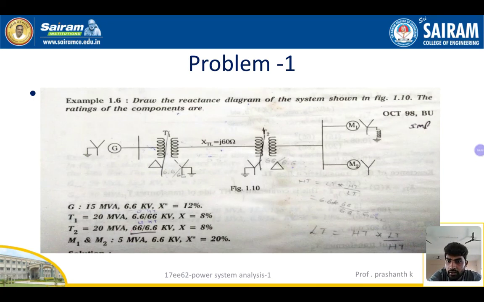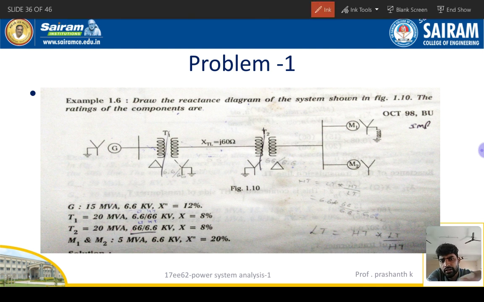Let us discuss the Module 1 problem of single line diagram or representation of reactance and impedance diagram. The problem is like this. This is a generating station, given on a single line diagram. This one is a generating station, grounded without reactance, right? Next, there is a transformer connected delta to star with a ground.